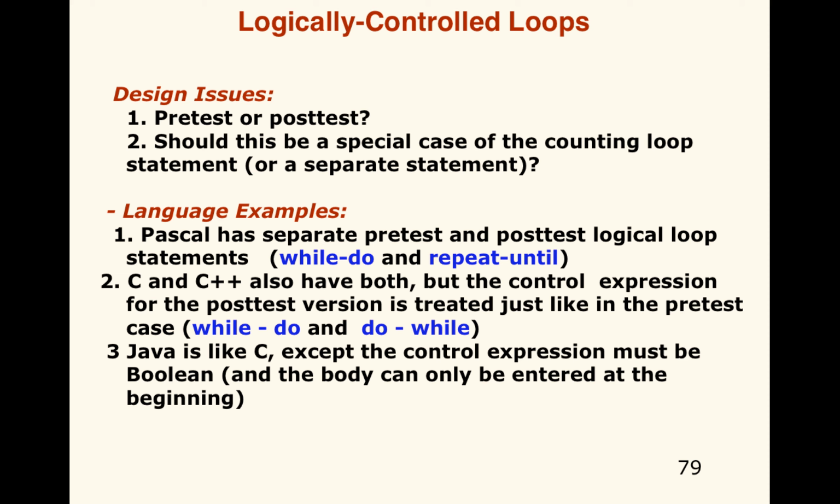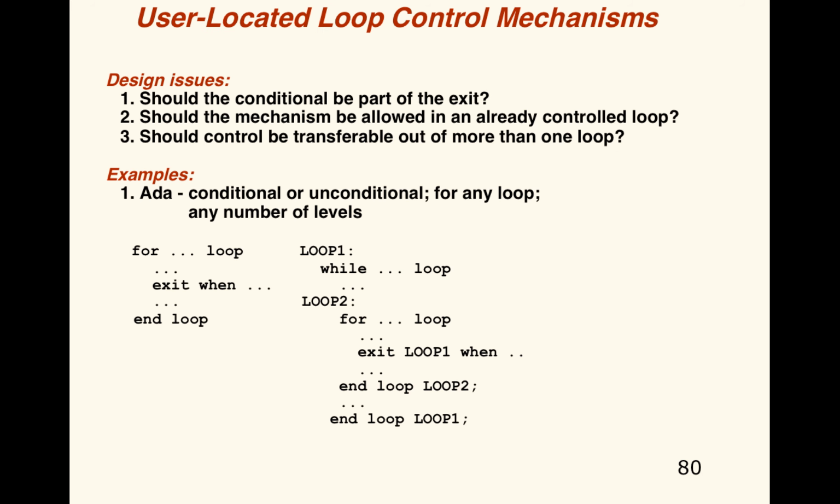It must evaluate to true or false. And the body can only be entered at the beginning. You can't get into the loop in the middle of it. So let's take a look at some examples here. These are the Ada